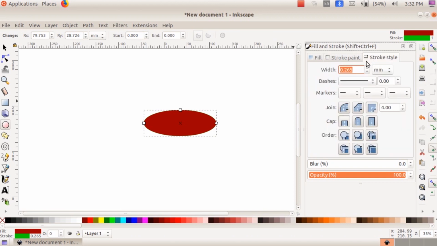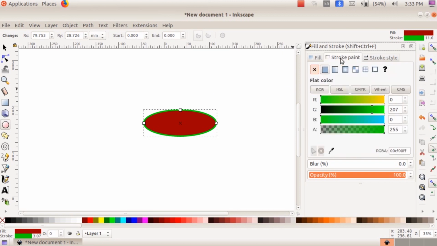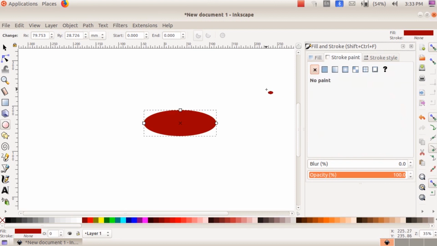If you want to maximize the stroke, just give the measurement or size. If you want to remove the stroke, click on stroke, then remove. Okay, then now we want to make a saucer. So the color is selected.